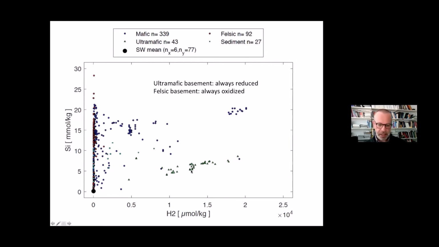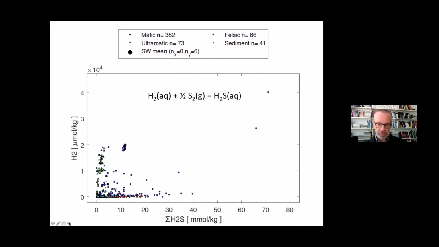And you see they all have high hydrogen, but they all have silica concentrations that are significantly lower than the ones hosted in mafic rocks. Also, this tells us that the ultramafic basement cooks up fluids that are always reduced, always high hydrogen. All the felsic systems here are always oxidized. And the mafic hosted rock systems can be variably oxidized or reduced. There's actually a group here that is very high in hydrogen. This is from the Cayman Trough, and this is due to very high temperature